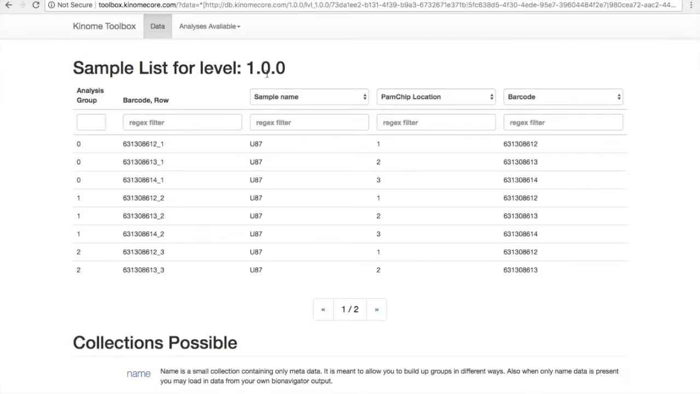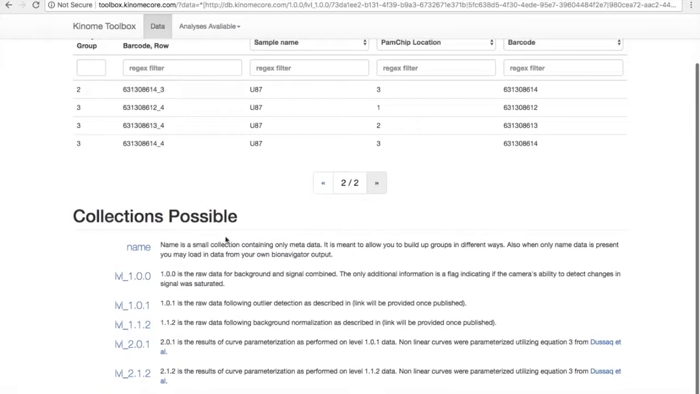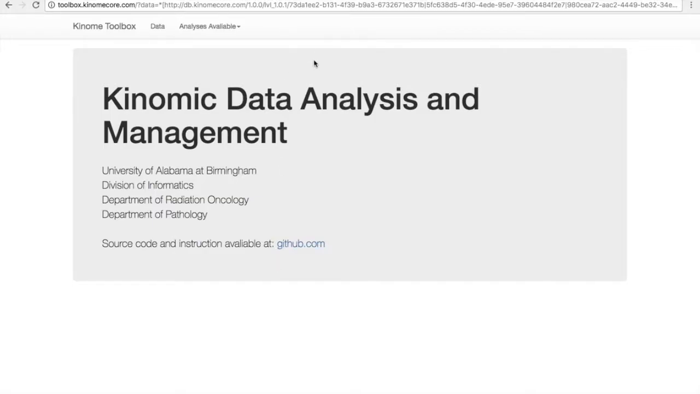We sit here on the Data tab, which we've visited before in previous videos. Since we have everything assigned to the appropriate groups, we can just scroll down and take a look at the next level of data, level 1.0.1. When I click on this, it opens up a new tab, and it shows me the analyses available for this